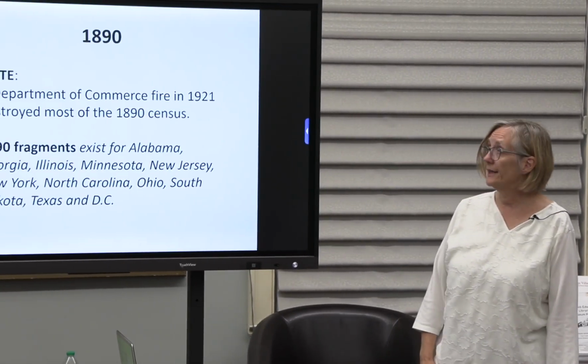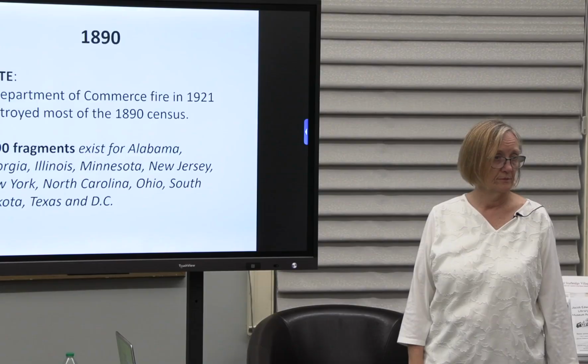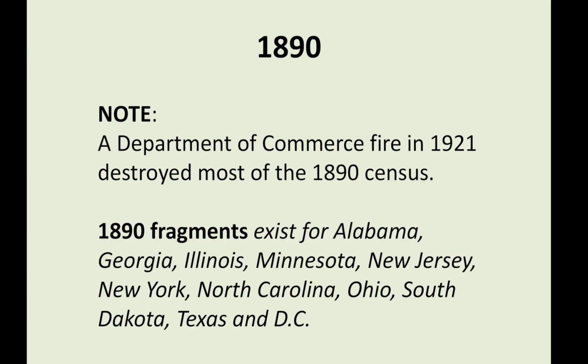All right, so 1890. This is just your warning. Don't even go looking for it if you're researching in New England. Paper and fire do not mix. Paper and the water that you use to put out the fire do not mix. This was before we ever had a National Archives. There was a big fire in DC because, you know, the British decided to attack our capital in one of the wars. Yeah. So very few parts of the 1890 census even exist,